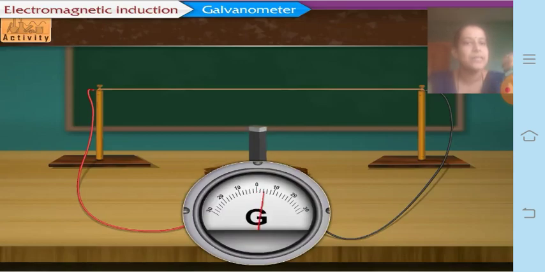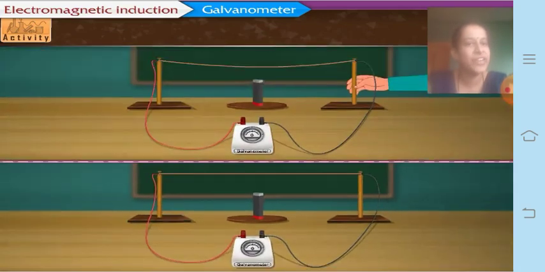Now let's see whether the current is induced again when it is moved back. Yes, of course. So whenever you move the magnetic field around the stationary conductor, you find that there is induction of the current. So here you have seen two situations: in one you have kept the magnetic field stationary and the wire moving, and in the second you have kept the wire stationary and kept moving the magnetic field, or changing the magnetic field.